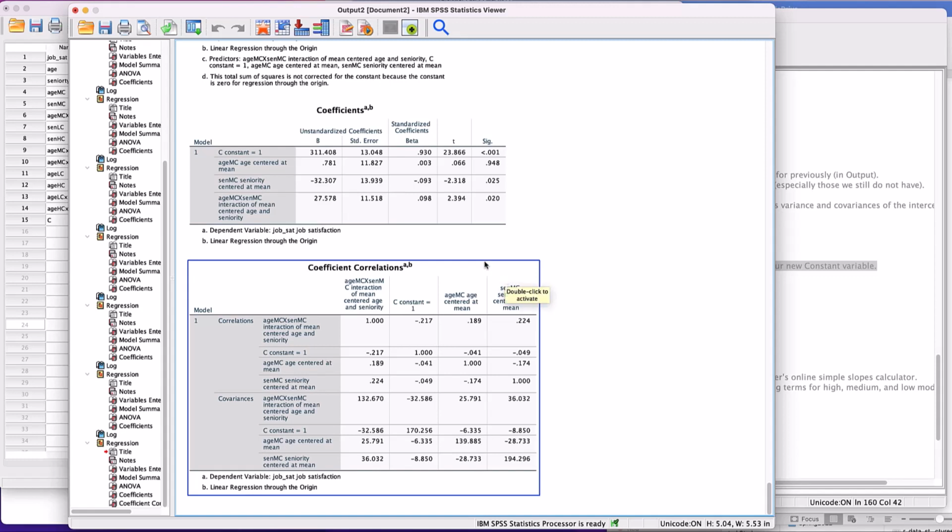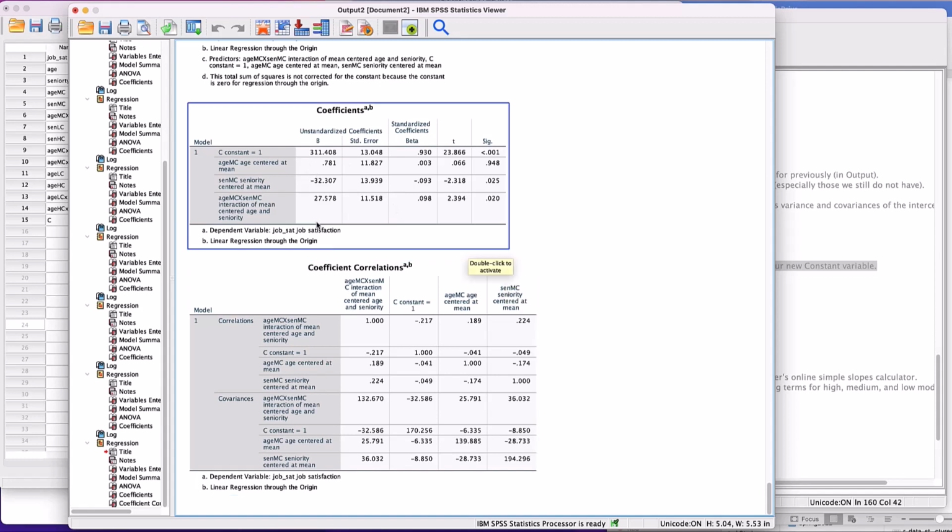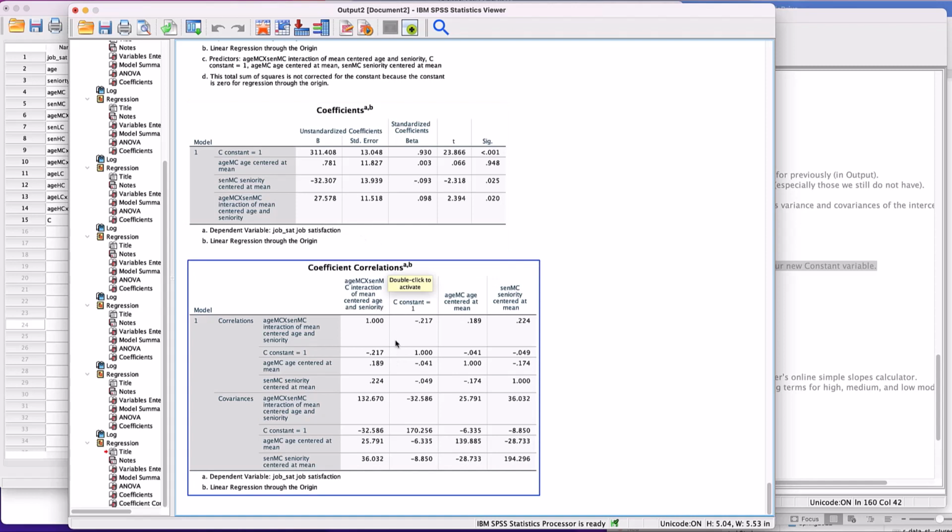Okay. So see, we got the same information, right? The constant is now taking the place of the y-intercept. But it's still 311.408, like it always has been. All of these did not change, and that's important. If it changed, you ran something wrong. But now we got this coefficient correlations down here, and we have the constant. We have the covariance of the constant to the constant, right? You got to find where they match. And that is the variance of B sub 0,